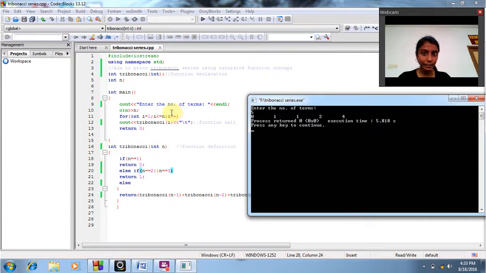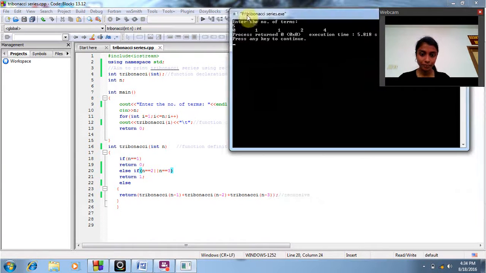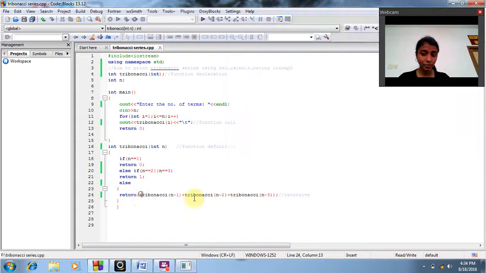And again it is incremented by 1, so now the value of i is 3, then it is assigned to n as 3. So when n is equal to 3, the value is 1. And again now it will be increased to 4, so the n value becomes 4. If the value of n is greater than 3, it comes to this formula. So let's see how this formula works.